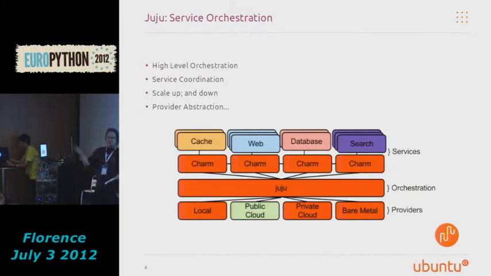So just to focus back in on that coordination of relations between services, if we look at a wiki that requires a database, those are two quite discrete services. Juju is able to deploy both the database and the wiki service onto Ubuntu server and then relate the two things together and allow them to be configured into a running service. It also allows easy scale up and scale down, so adding additional capacity to a deployed service is pretty easy, and removing capacity from those deployed services is pretty easy as well. Now, the caveat on that is that your application has to be able to support horizontal scale up and scale down to be able to support that type of function.